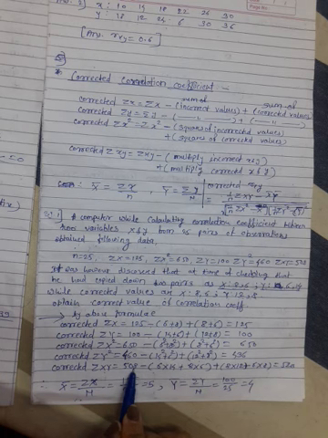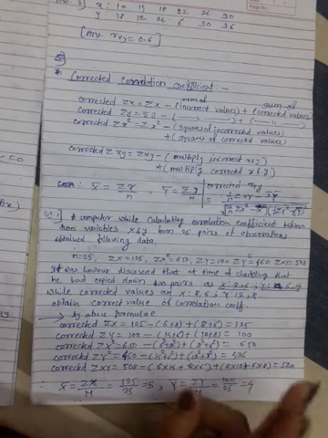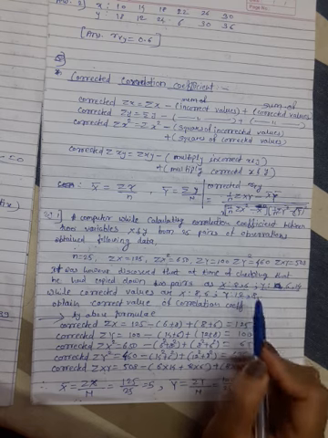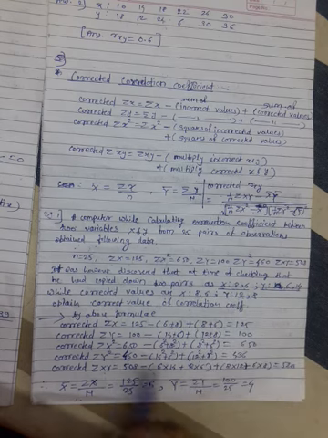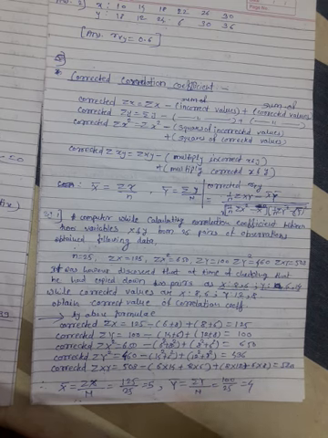Okay, now corrected summation of x into y is nothing but the incorrect summation x and y, that is 408, minus the multiplication of the incorrect x into y. These are the incorrect values. Now we have to multiply x into y. First 8 into 6. Okay, and go on adding.